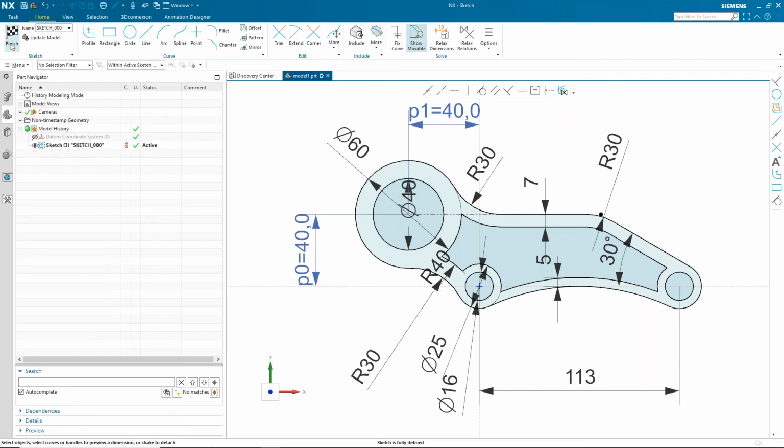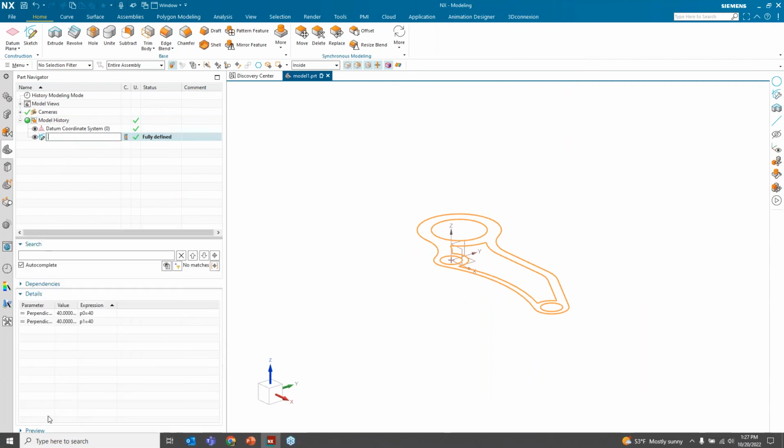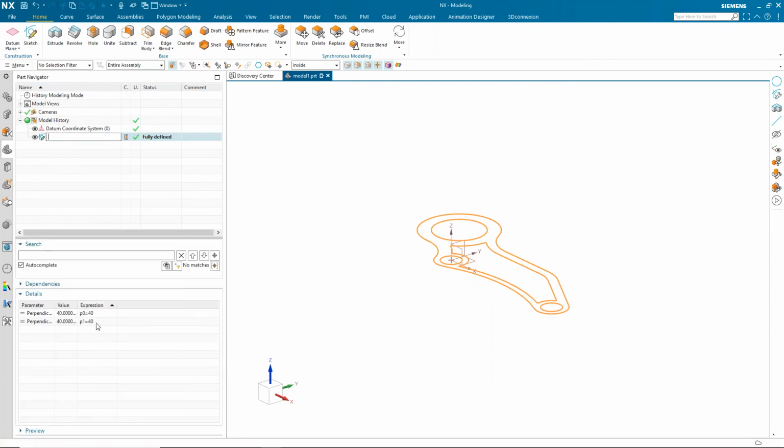So let me just show you that and I'll come back in. If I go now to my sketch down here to my details panel, I have 40 and 40. So I could change the values from here. I can make that 35. My sketch updates if you saw it. I'm going to undo that because what I really wanted to do